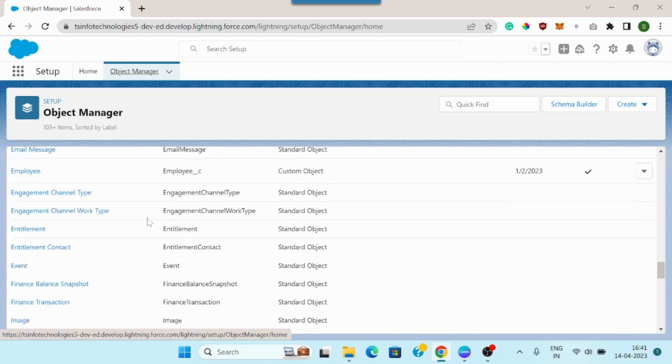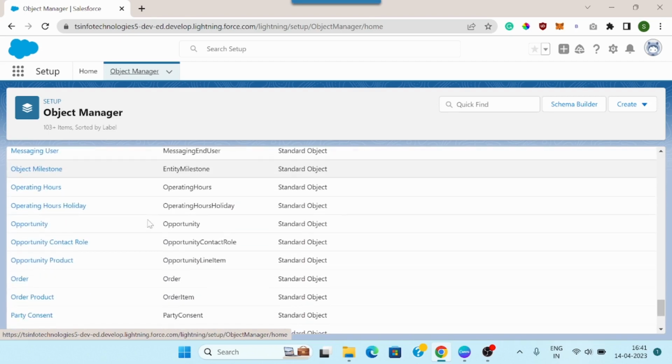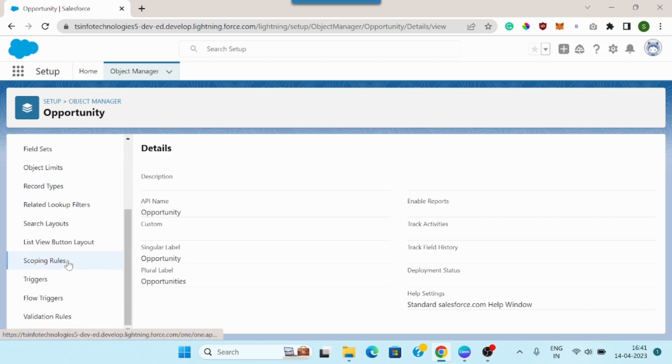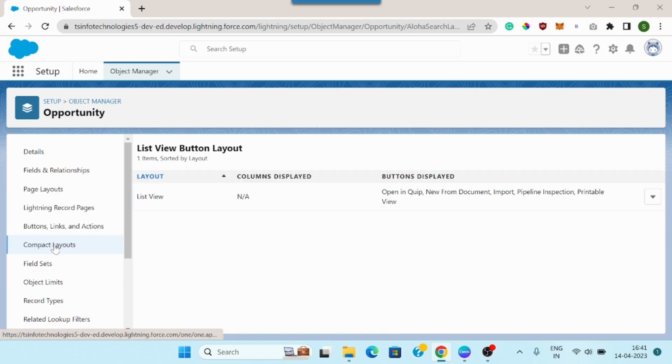So I will scroll down to the opportunity object. Here is the opportunity object. I will click on it to open. Now whenever we click on this option, you can see by default it opens the details page for the opportunity object. Now from this left side menu, we need to scroll down and open the list view button layout option. Once we click on this, you can see on the right side it will open a page